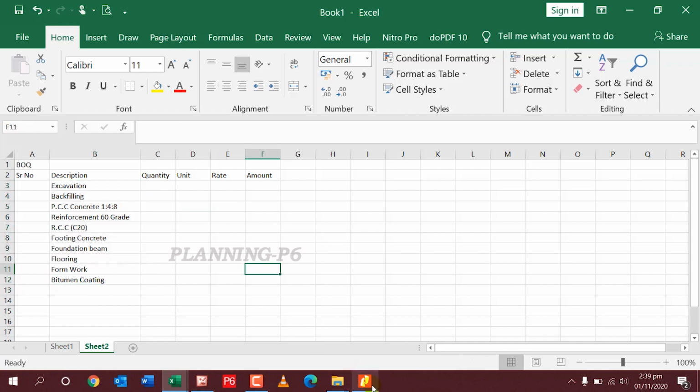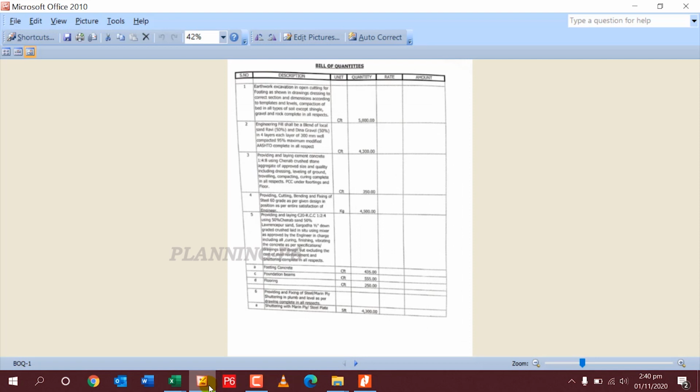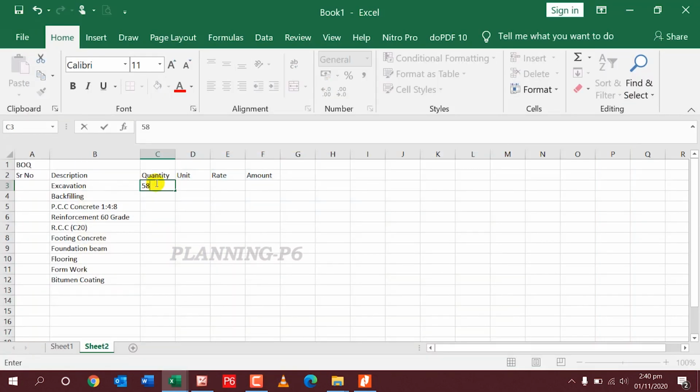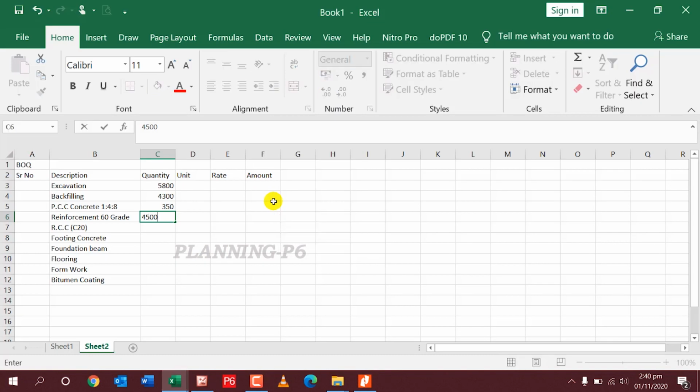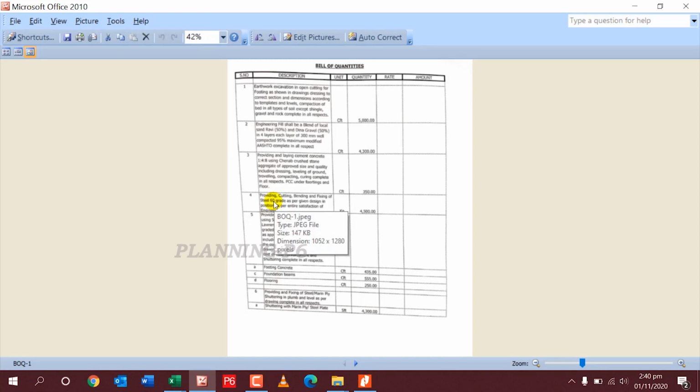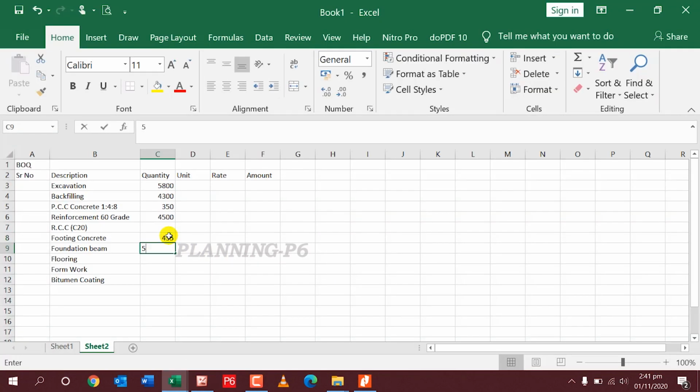I will go here and see what quantity I have. 5800, and then 4300, 350, 4500, 435, 555, and then 250, 35, 555, and then we have 250, and this one is 4300, and the bitumen will be the same 4300.